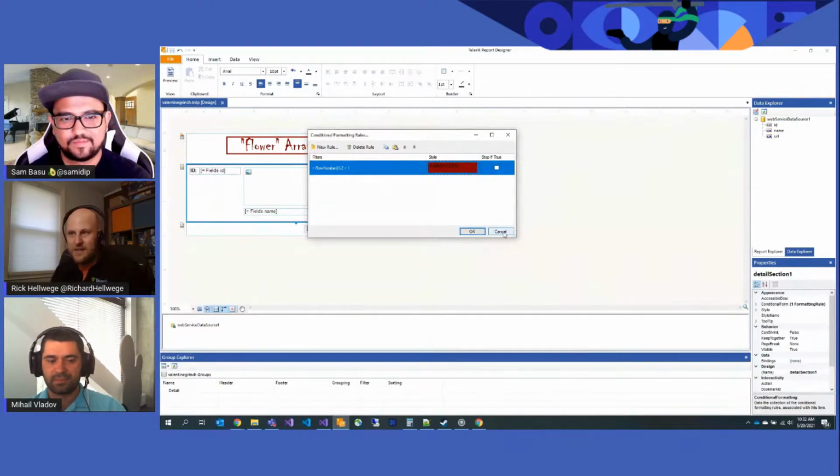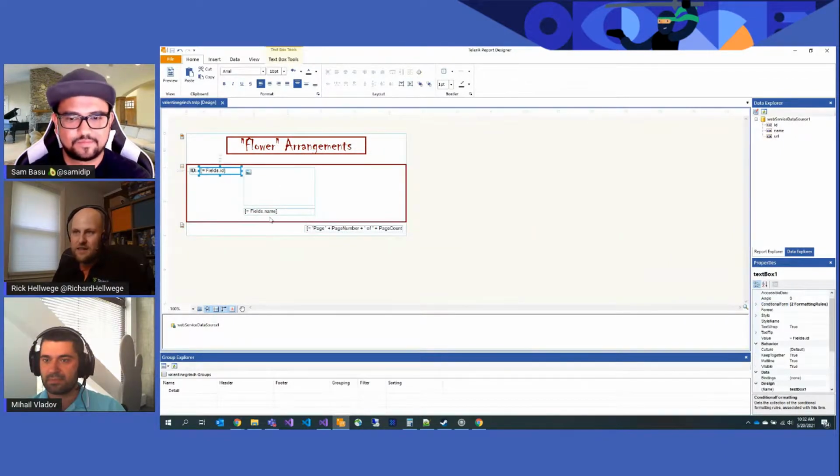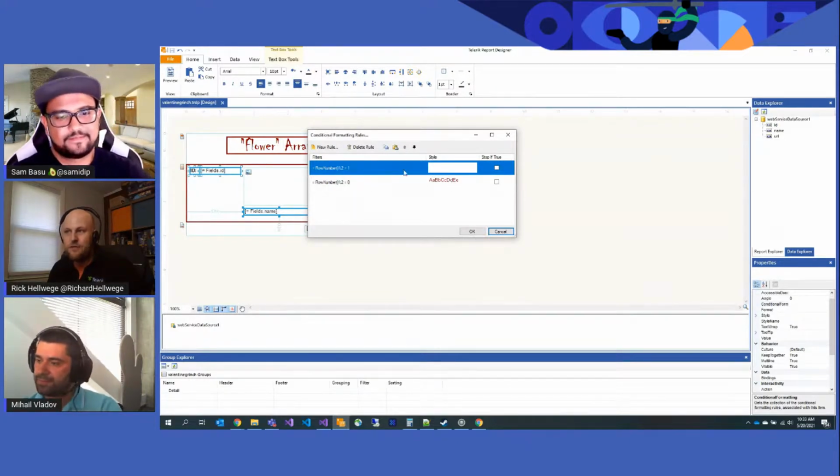I did the exact same thing for the text here, although I was able to, like I said, click on both of all the text fields and go to conditional formatting and set the style. Now here we have two styles, like I mentioned before. On a red row we want white text, and on a white row we want red text, and so both rules will be applied.